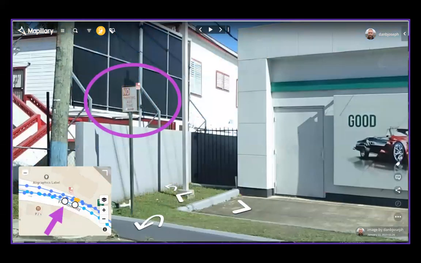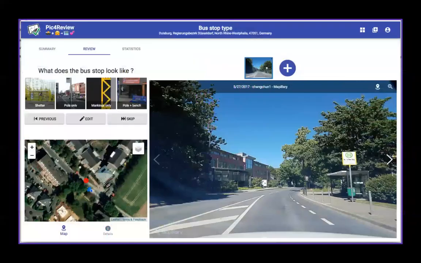Here's just another example of a sign, but they don't do just signs. They've also done features such as fire hydrants, crosswalks, benches, streetlights, sewer covers, and more. They actually currently extract 42 different types of objects as points that they then make available as a layer that people can use to help edit OpenStreetMap.